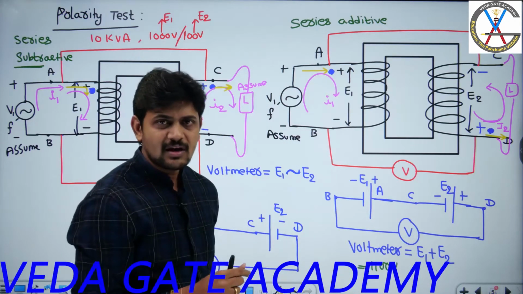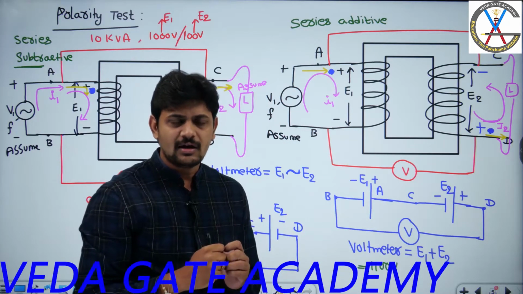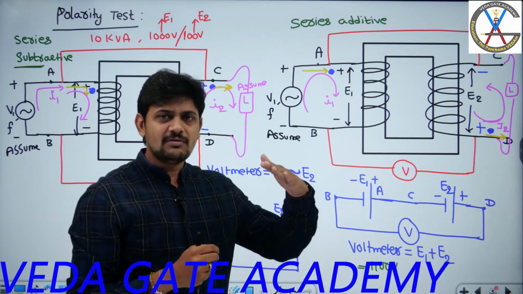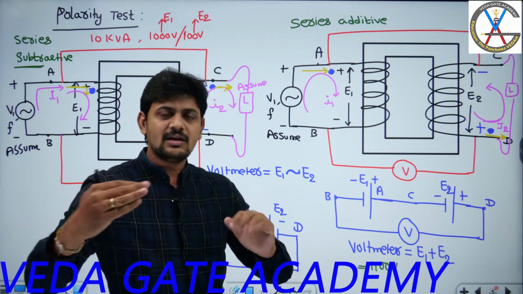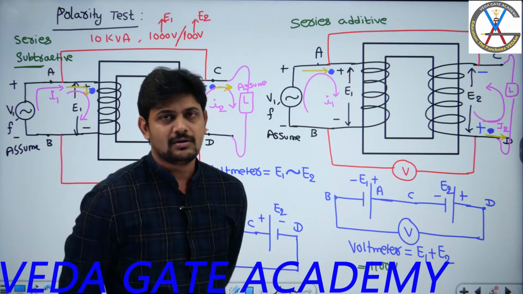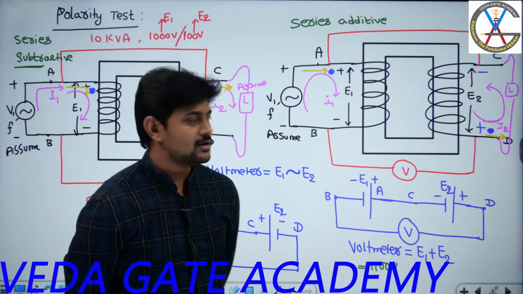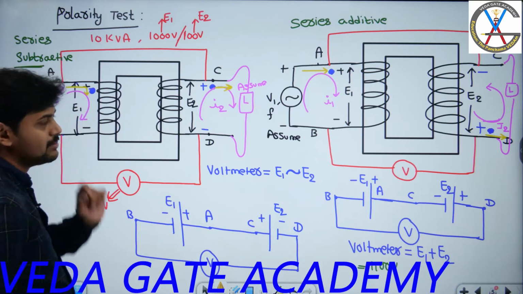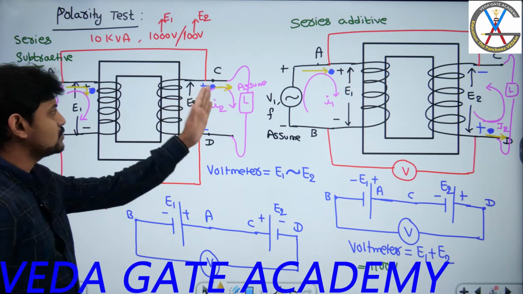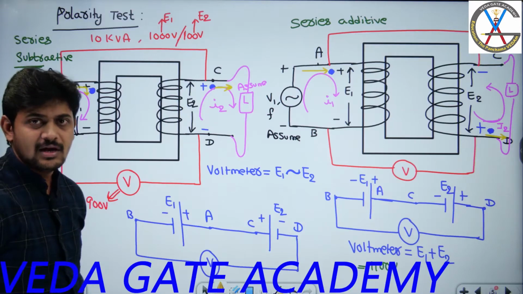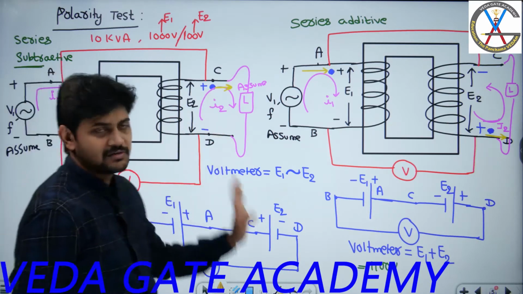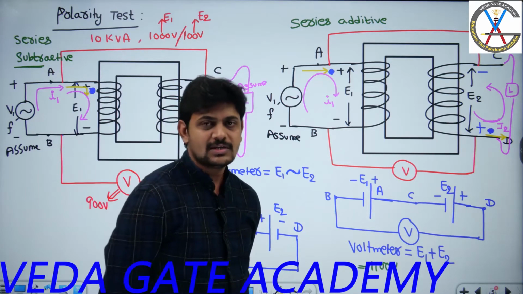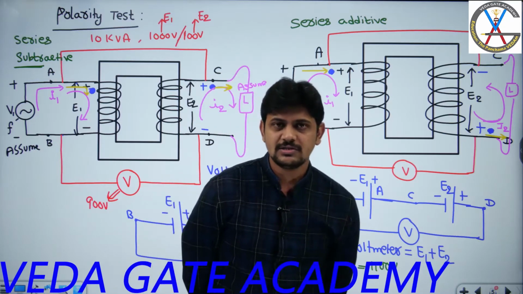So that means irrespective of the sense of the winding, always if the current is entering the dot in the primary side, in the secondary side the current has to leave the dot. Are you following what I am conveying, guys? If the current is entering the dotted terminal on the primary side, the current has to leave the dotted terminal on the secondary side, irrespective of the sense of the winding. So we got all these three conclusions.